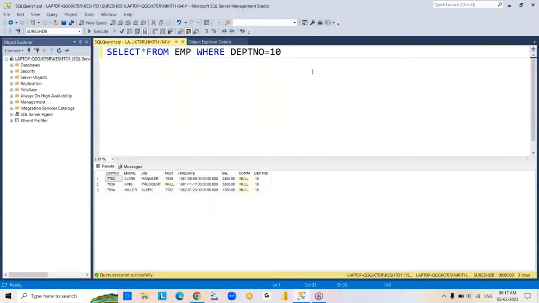Coming to data, rows, you are writing condition, where condition. So your writing condition means what happens, it retrieves only condition satisfied data. Okay. Now,